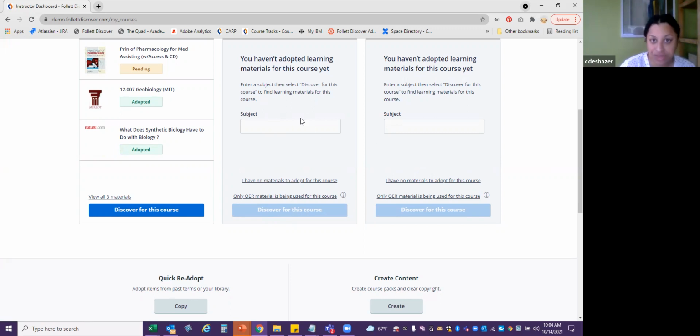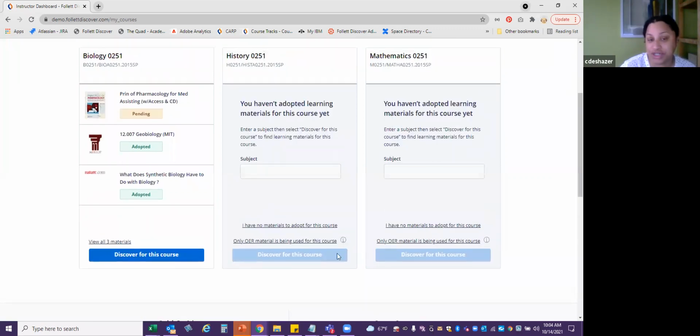So in looking at my math and my history course, you can see that I haven't submitted materials. Now, if I weren't using materials, or if I were using open educational resource materials, but I wasn't adopting anything specifically in Discover, I could click either one of these links to send that notification over to the bookstore. So it's a quick way to send that notification that, yep, I'm not using materials, or yep, I'm using OER, but the final details of those materials are being communicated to my students elsewhere, such as a course syllabus or something like that. So if you click either of those links, that will send the quick notification over to